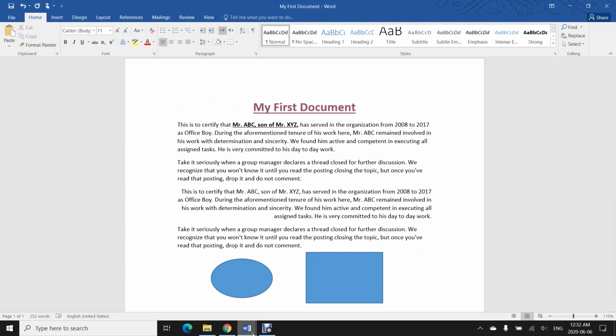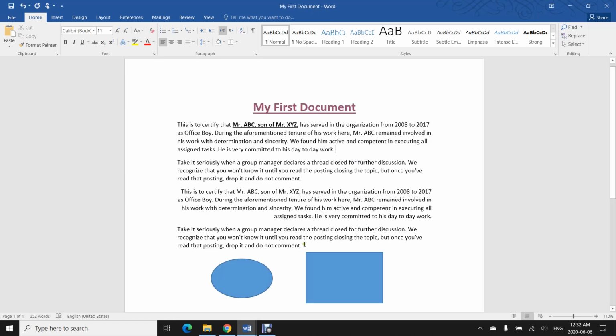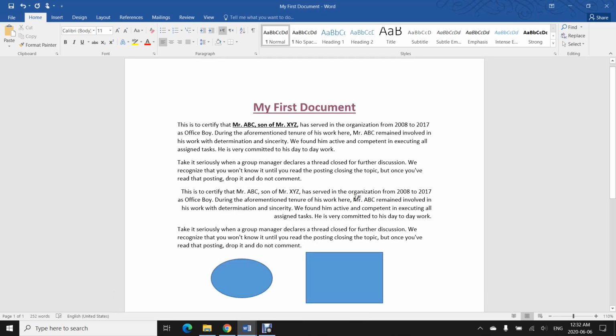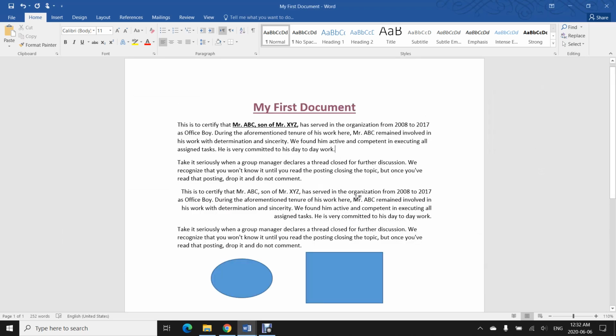Let us see the other documents. This is the document we are working on. This is document 4. I want to close it. Control W, it's closed. And then another one, this is document 3. Control W, it's closed. So what was the command to make a new document? Control N. This is to create a document. Control W to close a document. Okay.